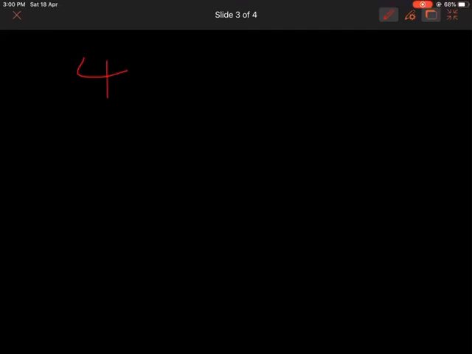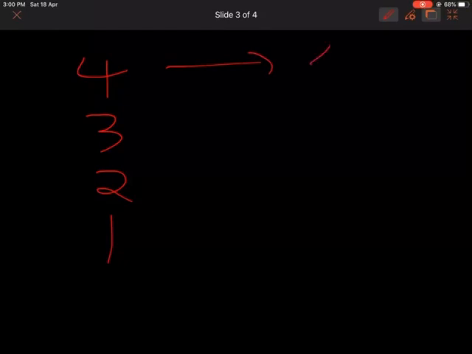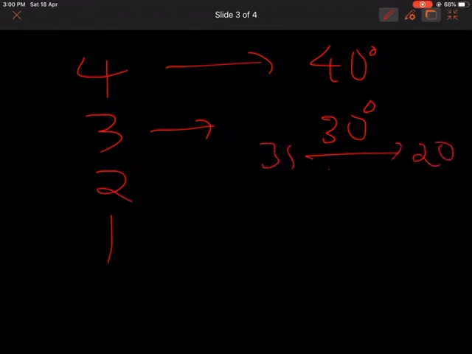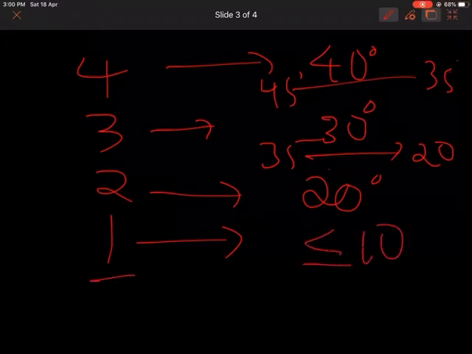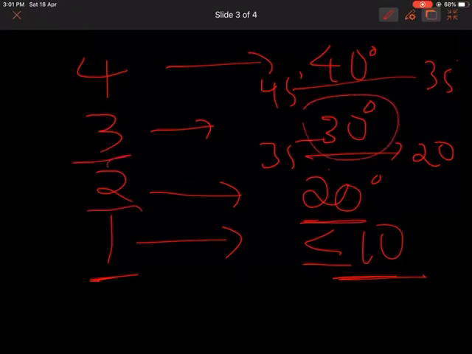See, that's also very easy. Grade 4, grade 3, grade 2, grade 1. So grade 4 will be around 40 degrees. Opening of the anterior chamber angle is around 40 degrees. Grade 3 is around 30 degrees. So as a range you can remember it as 20 to 35 degrees. Here 35 to 40 degrees range you can remember. Here up to 20 degrees. Grade 1 is less than or equal to 10 degrees. So 1 into 10 you will get 10 degrees, 2 into 10 you will get 20 degrees, 3 into 10 you will get 30 degrees, 4 into 10 you will get 40 degrees. So this is the way you can remember the angle of each grade.